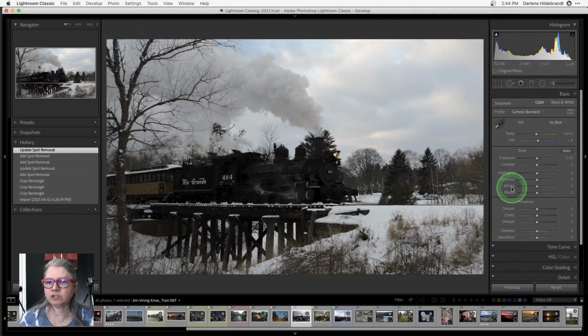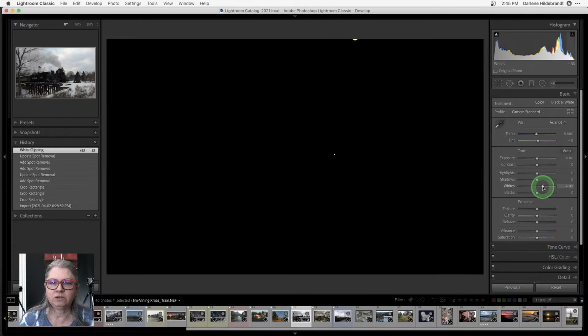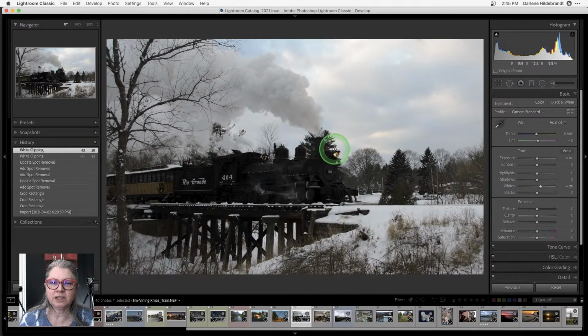If you were here earlier, Jim, I'm going to do this trick again where I do Shift, double click on the whites, and what that does is it sets the white point, right? So it stretched the histogram out a little bit just to make sure that it's touching the edge of the graph, right? So if I hold my Alt Option key, you can see that the sky is clipping if I go farther, and I'm just getting rid of the clipping. The light on the train is clipping, and that's fine, okay?